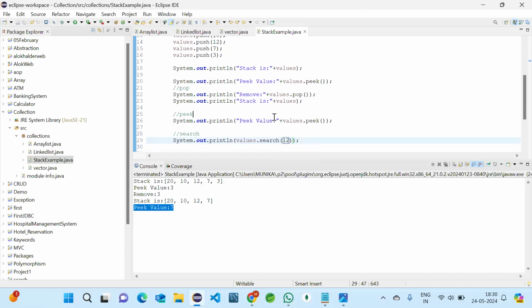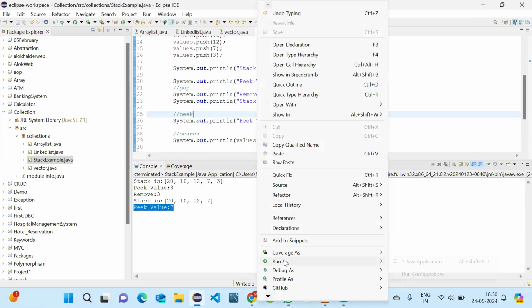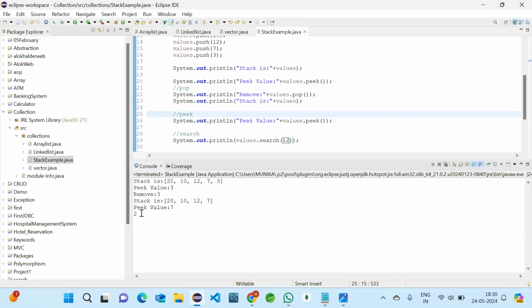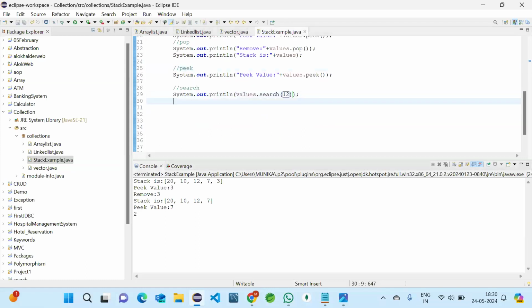So it should give the position of the value, I think. So we'll see. Yeah, it is telling us where it is. We are asking for 12, and it is at position 2. That's why it is giving us 2, as 12 is at position 2.